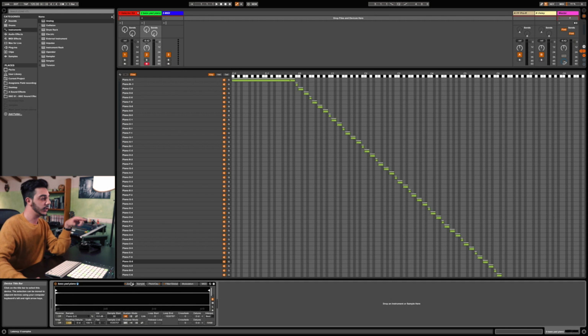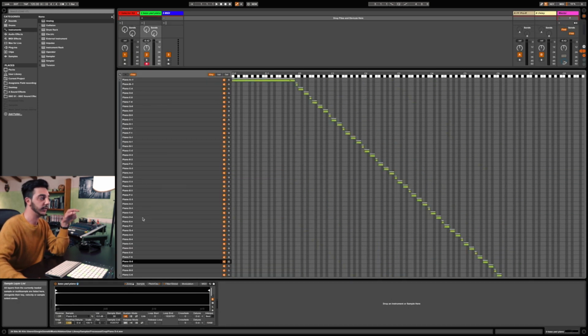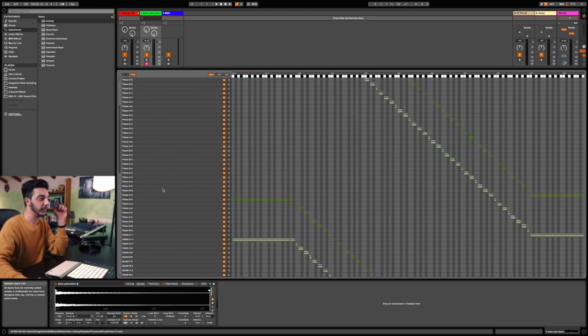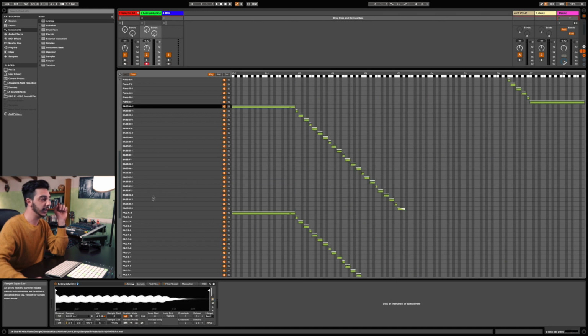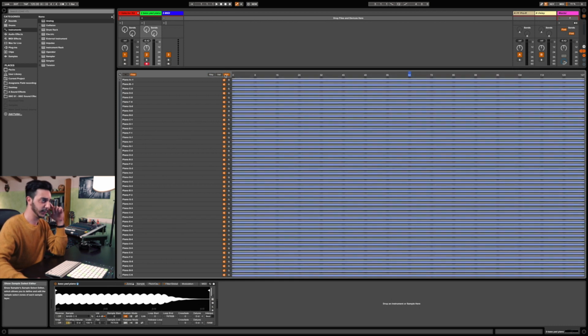On the zone page, you can find all the slices that you recorded, mapped and routed. Watch my previous video to do all this mess. I named them differently so I know what instrument they are, but you can always select them. For example, if you go here in the selector,